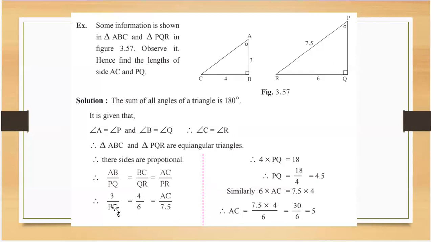Now what you have to do is you have to just take the first two values. ये first two values लेना है और हम लोग को solve करना है because we want PQ. So 3 upon PQ is equal to 4 upon 6 लेना है. So first when we take that, you have to cross multiply. So 6 3s is what? 18, and PQ multiplied by 4 करना है. So PQ into 4 is equal to 6 into 3 is 18. So we get this equation.